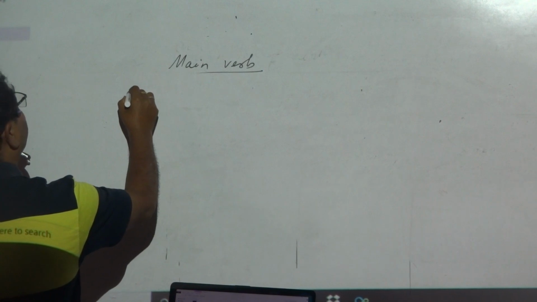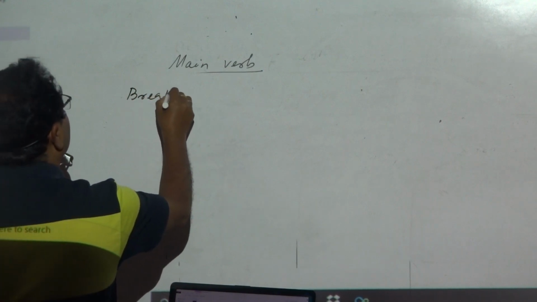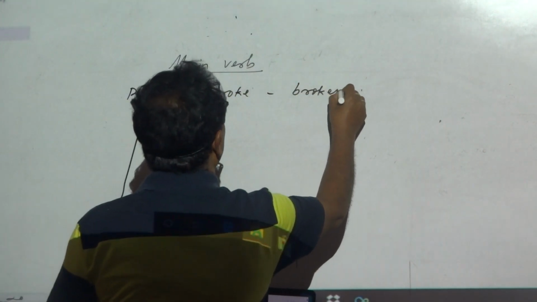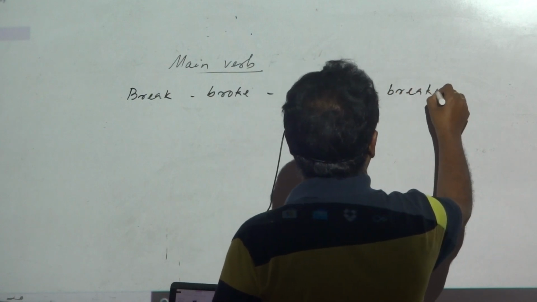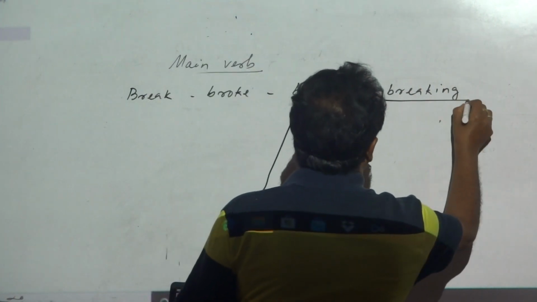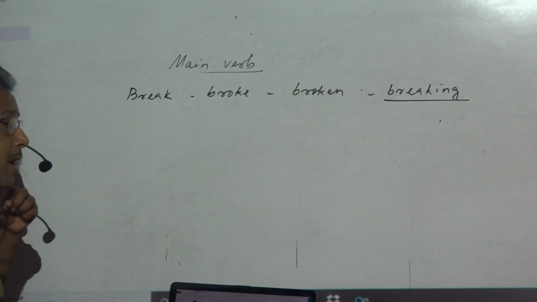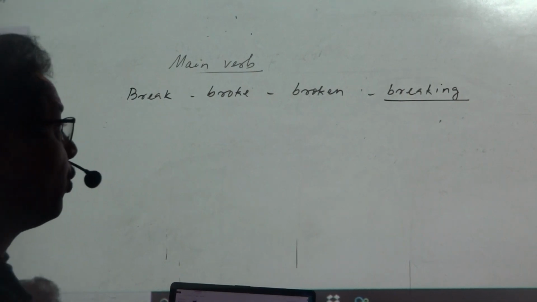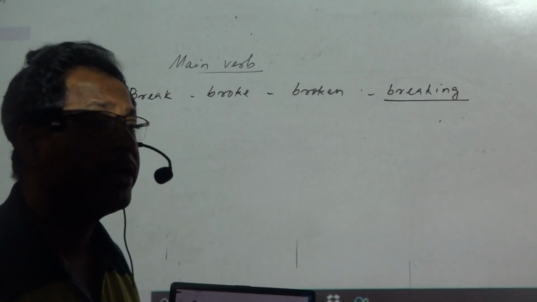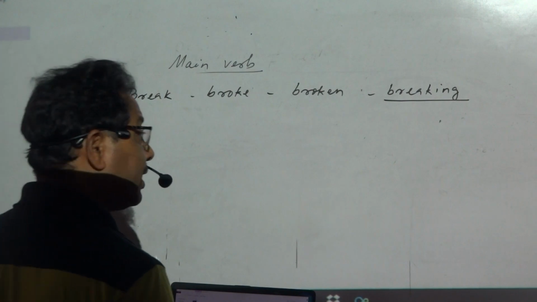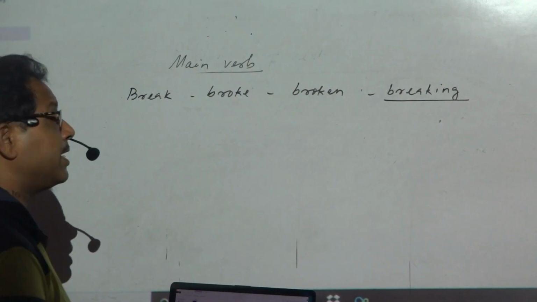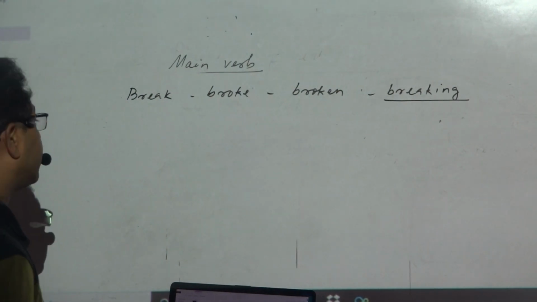Suppose, look at the word break: broke, broken, breaking. Four forms. We will take this one, breaking. When is it a verb, when is it a noun, and when is it an adjective? If somewhere it is written breaking, you cannot rightly say that it is a verb. We have to go through a sentence, its application, its uses. Then we can tell whether breaking is a verb, a noun, or an adjective.